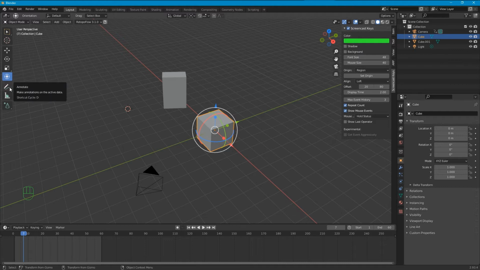You have other options like annotate, which makes annotations on the active data, and measure, which measures distances and angles. Tweak left anywhere for a new measurement, and drag the ruler segment to measure the angle. Important stuff. But then this new item in 3.93.4 LTS